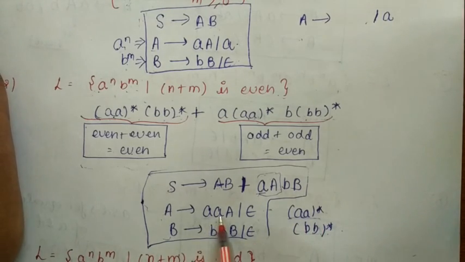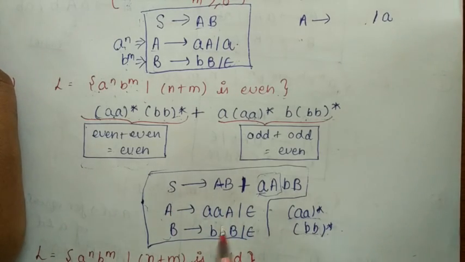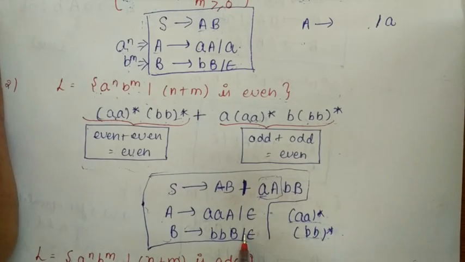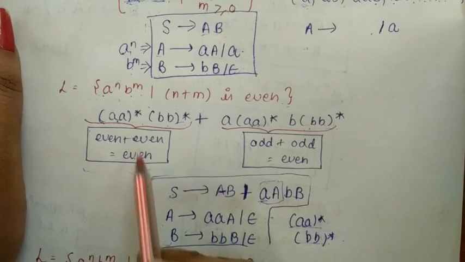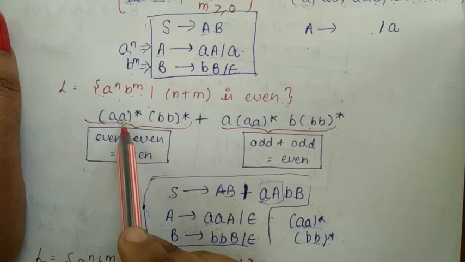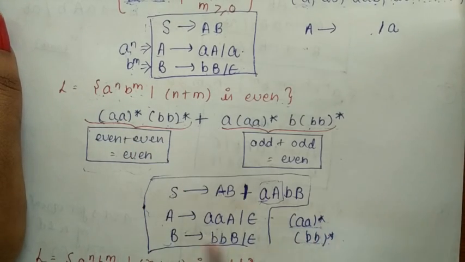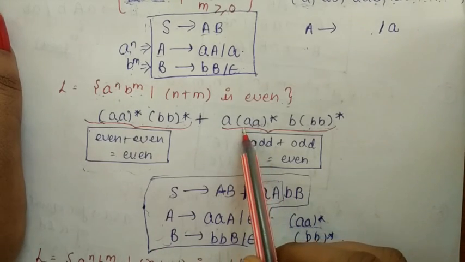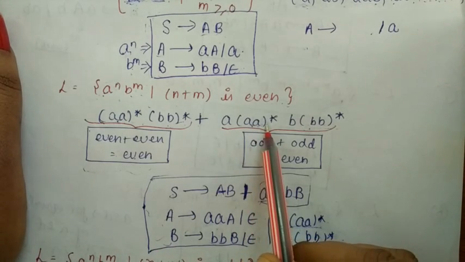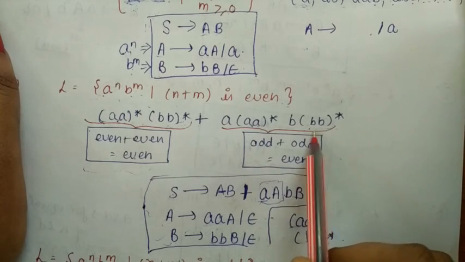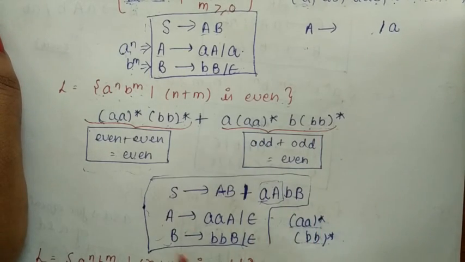Now we have written the regular expression for even number of a's like this. We will take 2 a's, then the repetition of itself, and we will take the 2 b's, and then the repetition of b. So how will we write the final grammar? We will put A and B here, because B is represented by this grammar. We will replace this AA closure by A, and then BB closure by B. So our final grammar is like this.